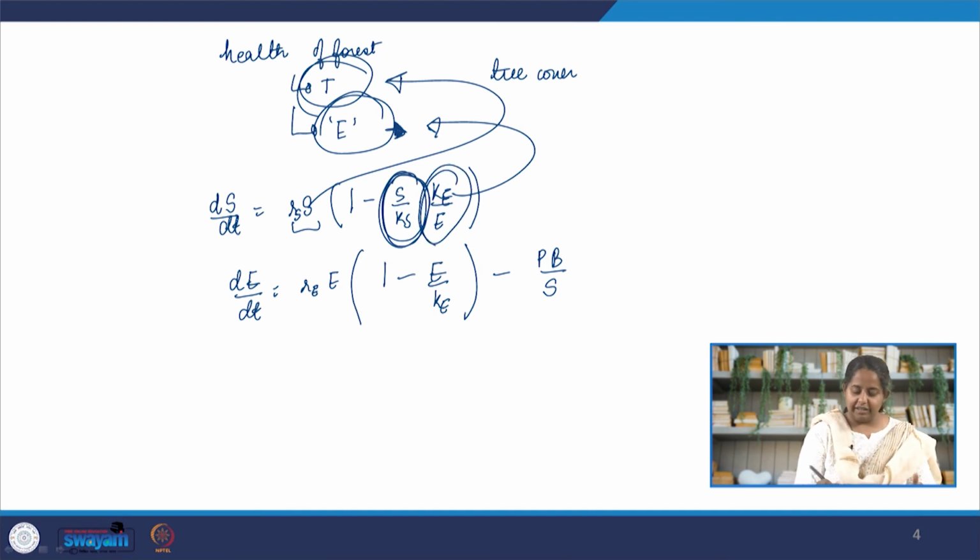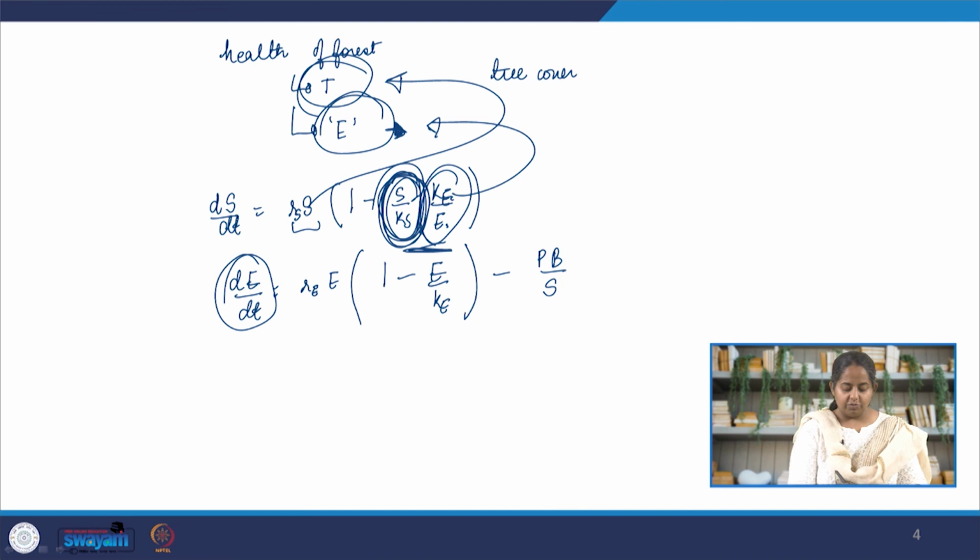Then we have Ke by E, which is dividing. So S by Ks is the limit on the maximum number of spruce trees that the forest can bear, and then E by Ke, which is health, the limit of the health of the forest. The forest can't get healthier than that, cannot sustain more life than that, which is also a limiting factor for the maximum number of spruce trees. So this is very interesting, and I definitely want to dig in more depth into what's happening here, why we are multiplying these two limiting factors, why S is on the numerator and E is on the denominator. In dE/dt, which is again talking about the fitness of the forest, we again have an exponential